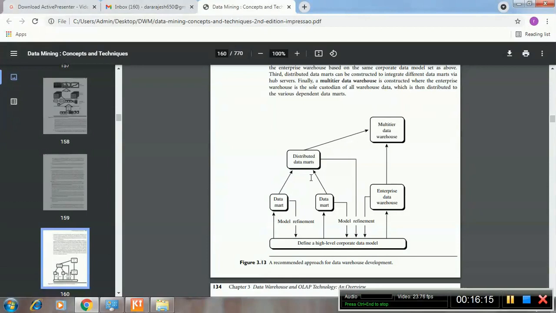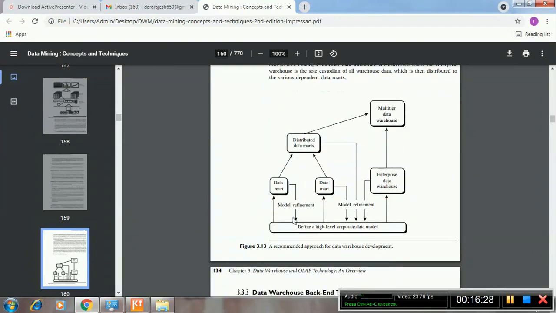So this is the multi-tier data warehouse, the recommended approach for data warehouse development. So how do we develop a data warehouse? This is one of the approaches we have. See here, define a high-level corporate data model. So it is used for defining one high-level corporate data model. The data is then given from the data level in the form of a data mart,